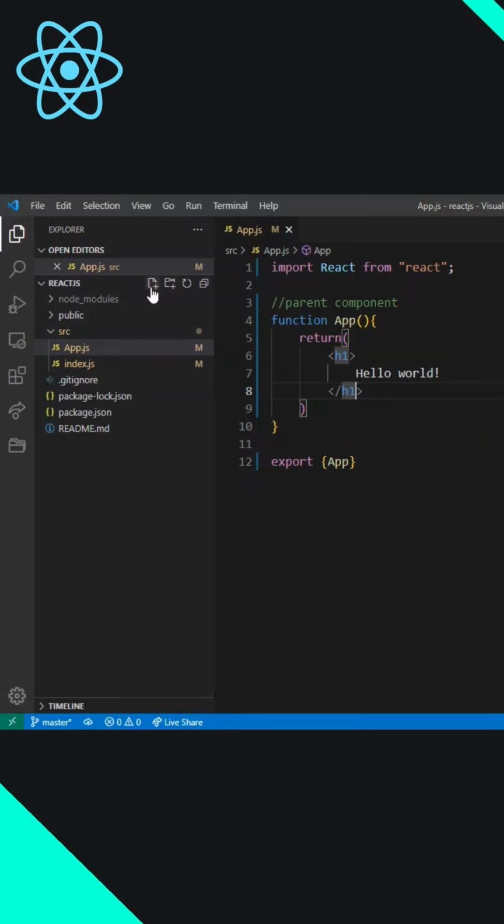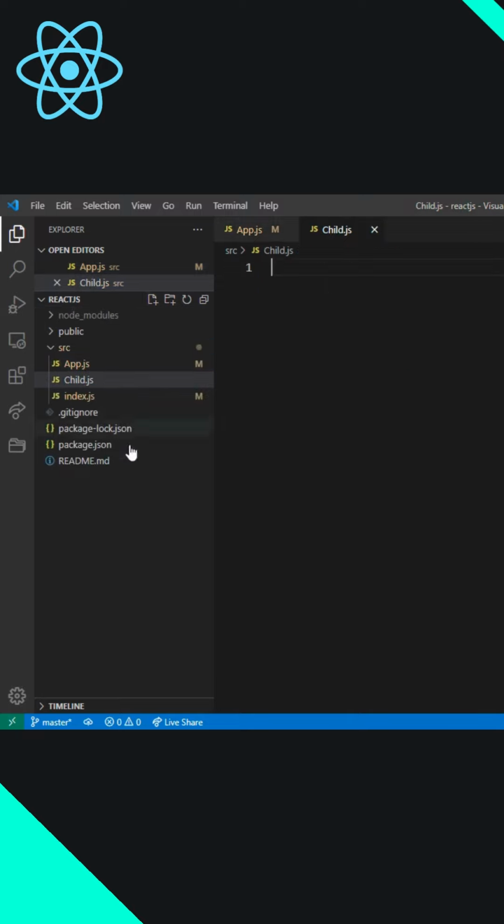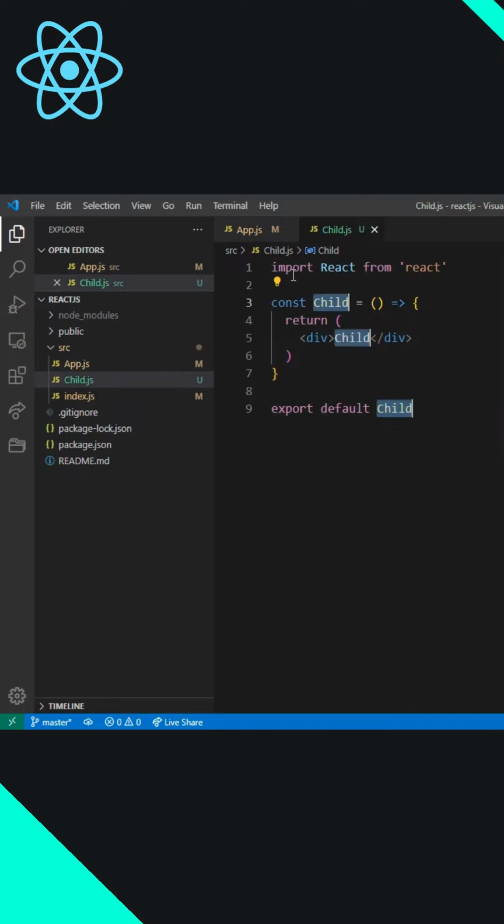Now create one component, child.js. Child, it is our child component. Now I want to import React from react. Now I want to pass the data from app.js to the child component. First of all, in the child component I want to give the